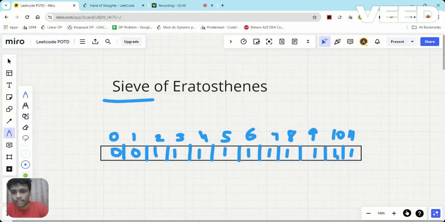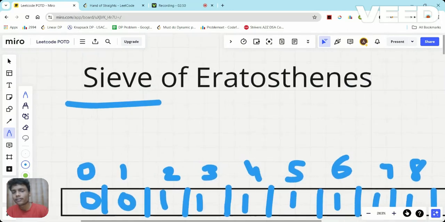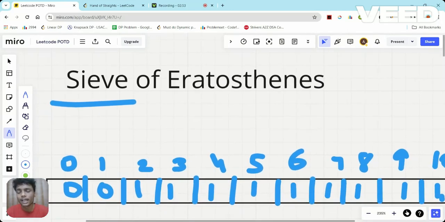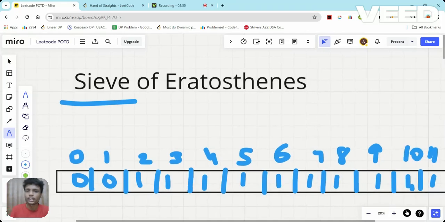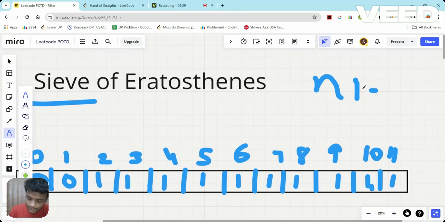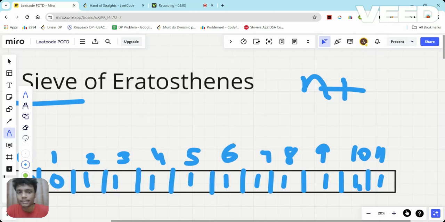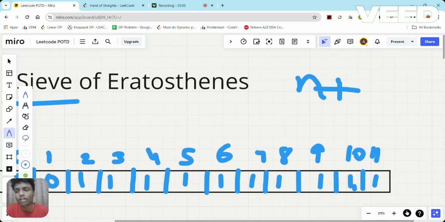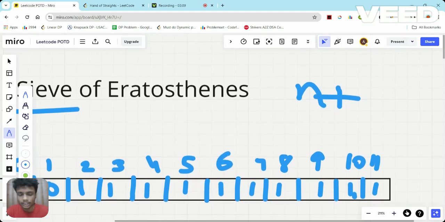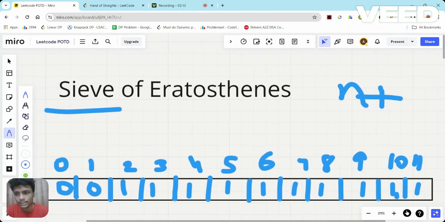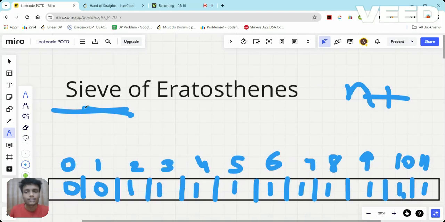So this is the brute force approach, but we cannot do that because in that case the complexity would be higher. Why? First we are running a loop from 0 to n, so the complexity would be n, plus we are checking for each element whether it is a prime or not. So extra complexity will be added to check that, and the time complexity would be higher. So I am not going to do this. I will use a simple method, that is sieve.